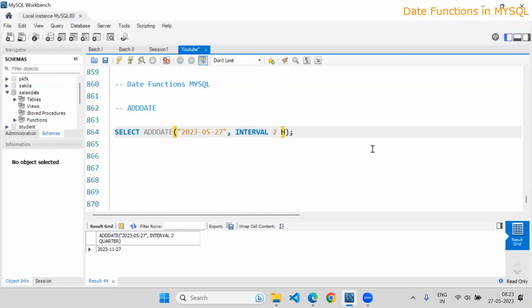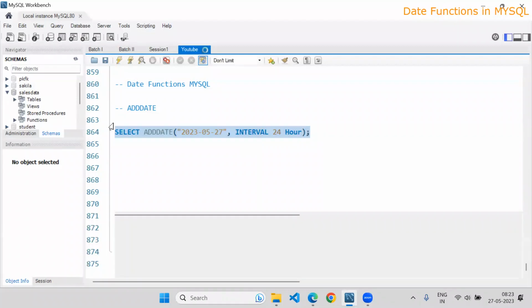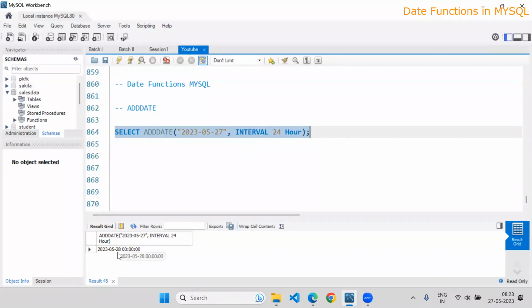So this is how you can add. You can add hours also. If I add 24 hour, hour only, not hours, 24 hour, you can see that we are getting the next date, I mean tomorrow's date. So this is how the ADDDATE function works to get the date. Then